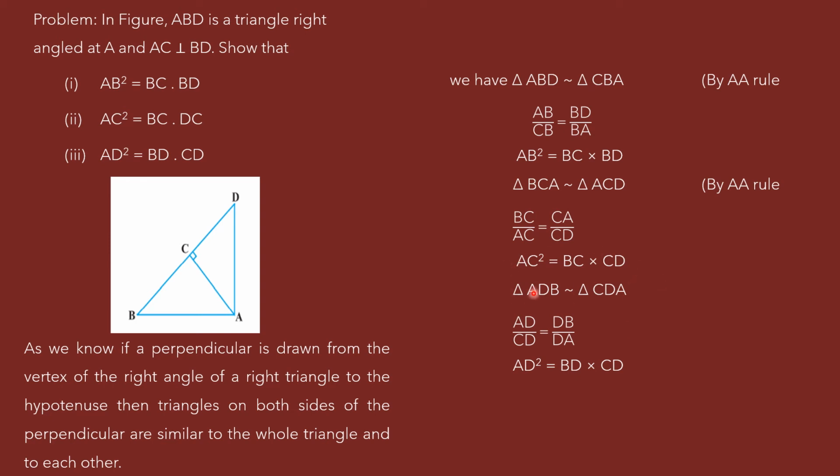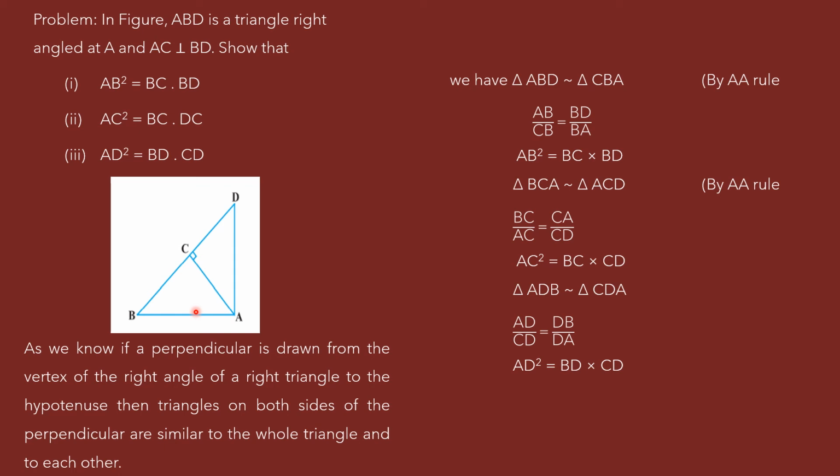Now which triangle you have to take? Just practice it properly. To prove AD square is BD into CD, I have taken two triangles in which AD is one of their sides. Therefore they are ADB and ADC, but you have to write the proper order. Similarly AC square is BC into DC, I have taken two triangles in which AC is a side. Then to prove AB square is BC into BD, I should take two triangles in which AB is their side. In this way, we can prove all the three statements. And remember, as square is there on one side, on the other side we don't have any square.